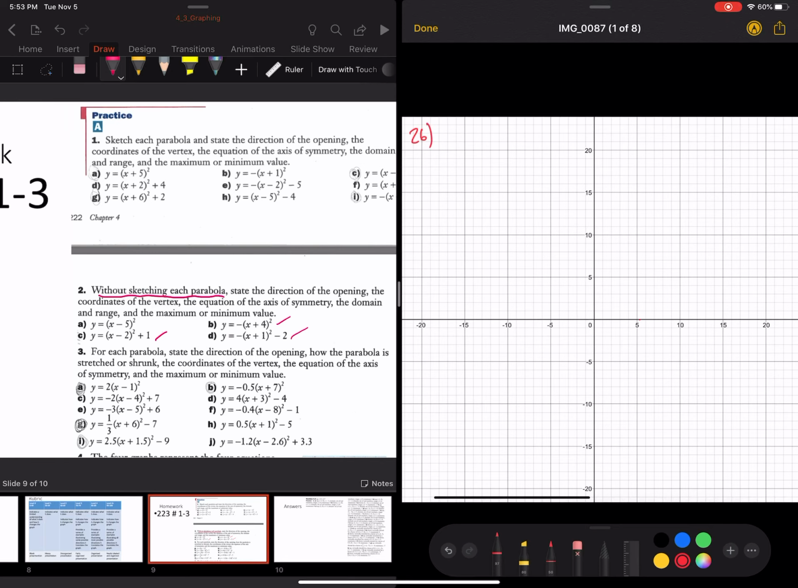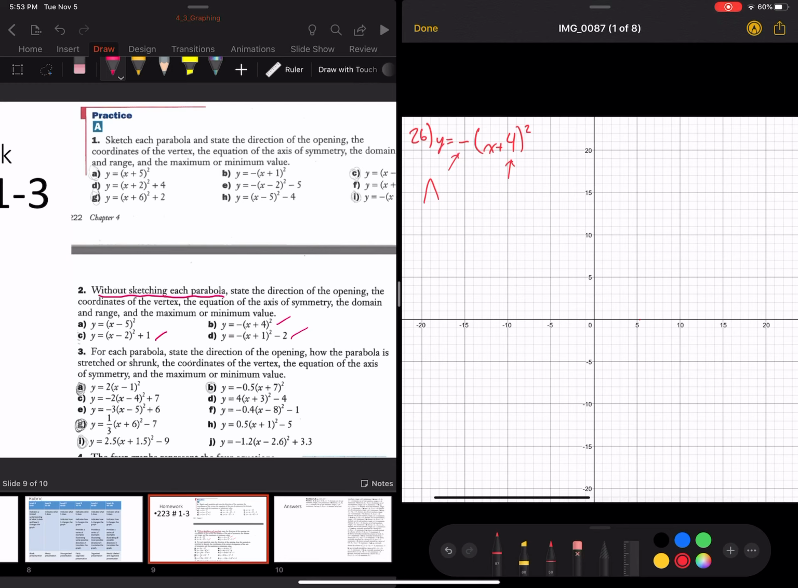So 2B, y equals minus x plus 4 squared. See this minus sign? Automatically I know it's going to open downwards. It's going to be upside down. It's going to be flipped. Remember we were talking about verbs. It's going to be flipped. This plus 4 inside the brackets before we square it